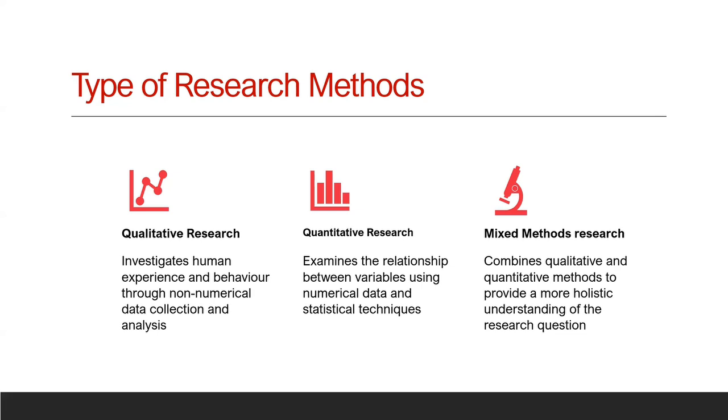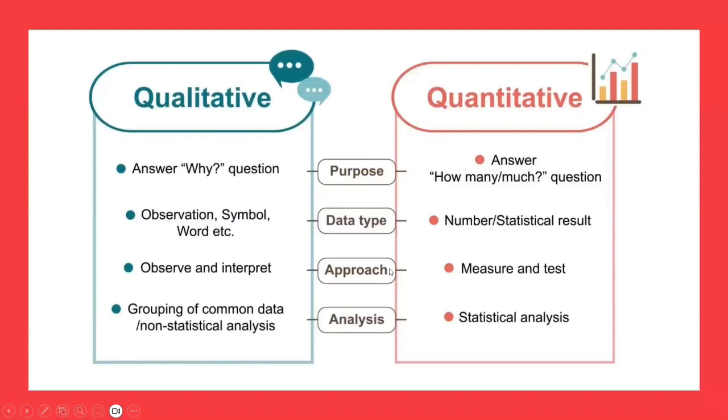And sometimes you can have a combination of both, where you look at the quality and the quantity, which means you may do some data analysis and you may not. The combination of the two is called mixed method research, or qualitative and quantitative research. So this is just to give you an idea of how to differentiate between the two.